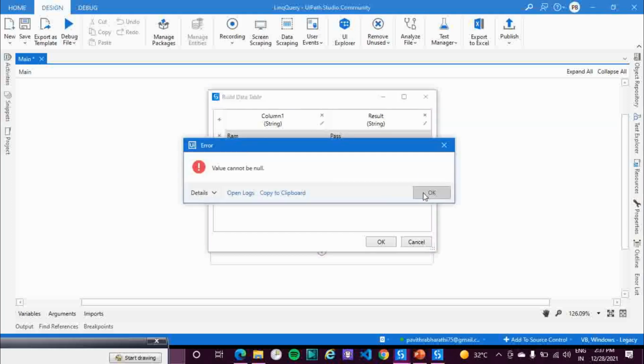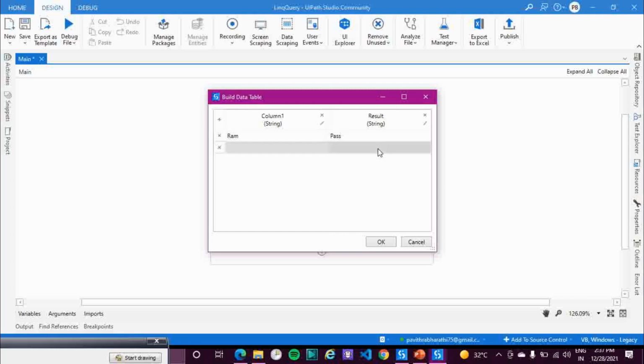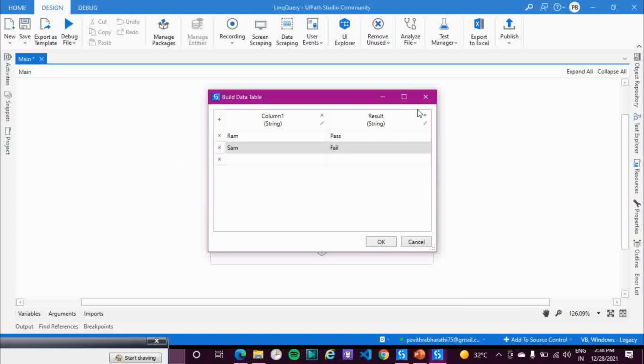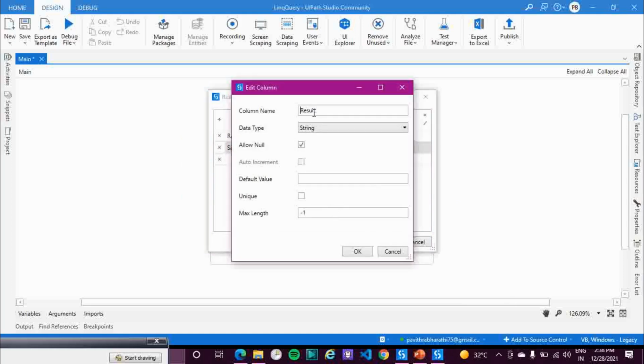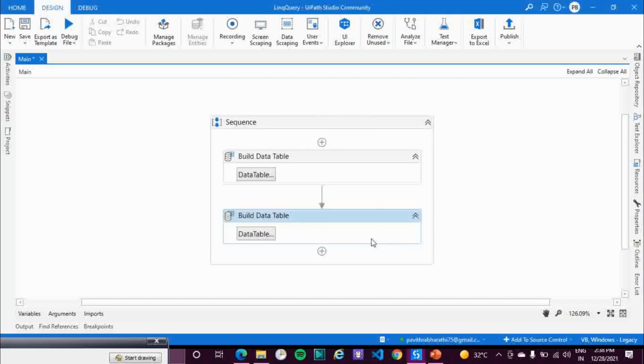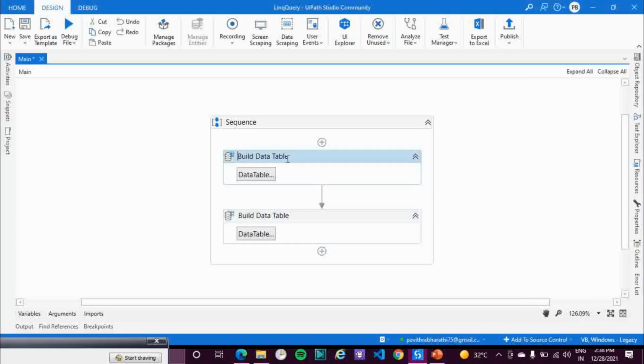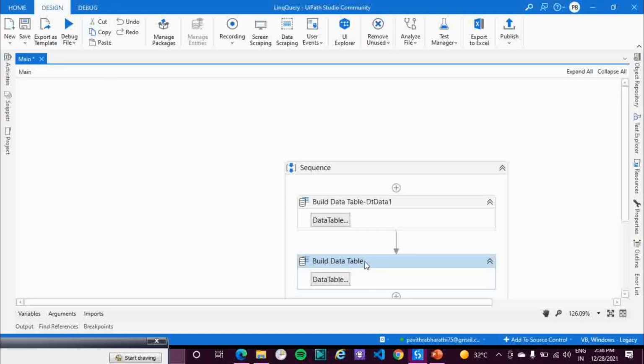Only two results are there: Ram with the value pass, and another name Sam, with fail. Only two rows are there. Let me type the data table as dt data2. So I have a data table dt data1 and a data table dt data2.